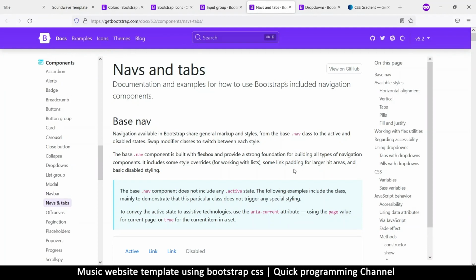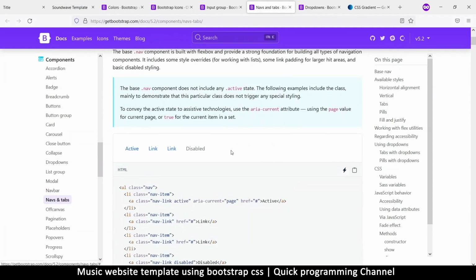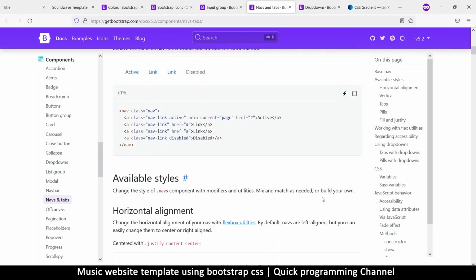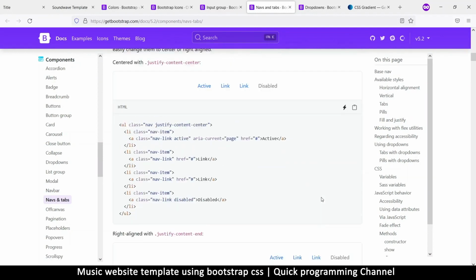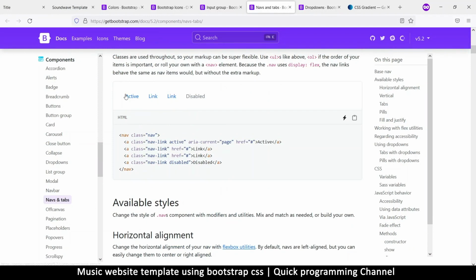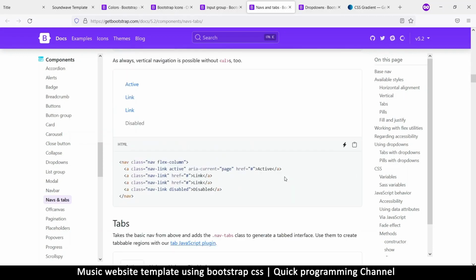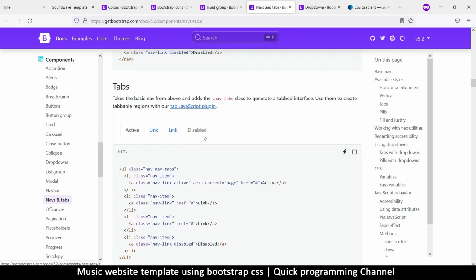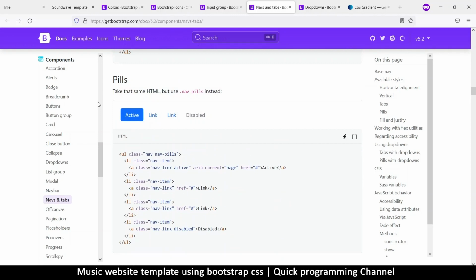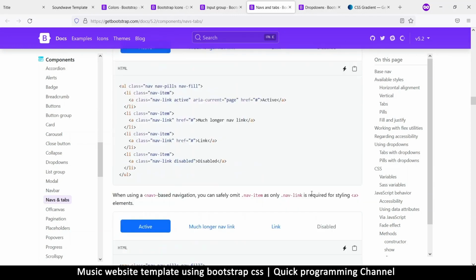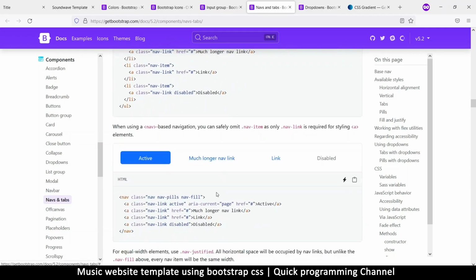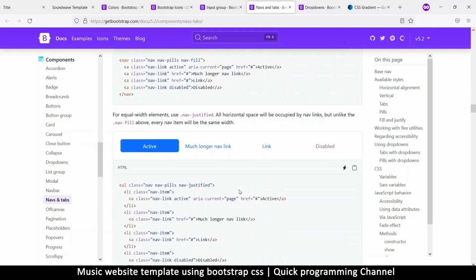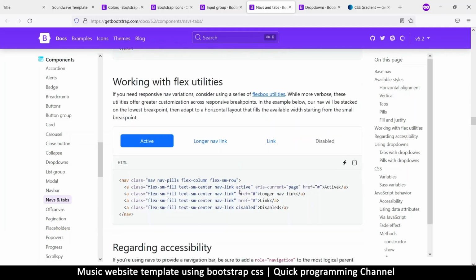So components, navs and tabs. So these are the navs and tabs that we want. Now these navigations have where, let's see, I think this one is actually best because it's nice and clean, so we can get this one. But I want one where, because some of these have this, you see, we don't want that styling, or this, we don't want that. So some of them are pews like this, so you can go this way, click on that. But what I want is one that